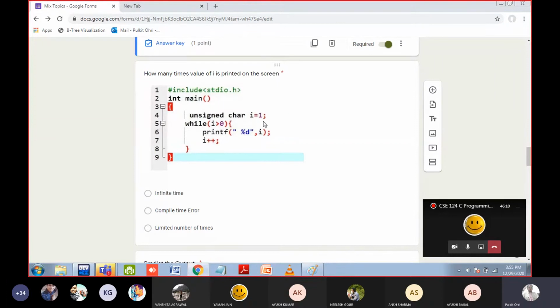It is not an error to use number inside a character because automatically the computer will convert the number from the ASCII table and it will convert it into a particular character. Okay, is it clear?